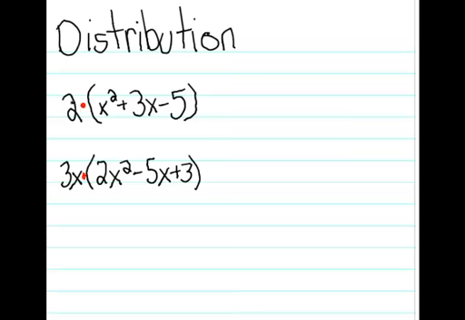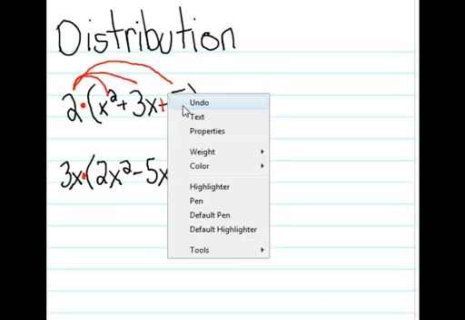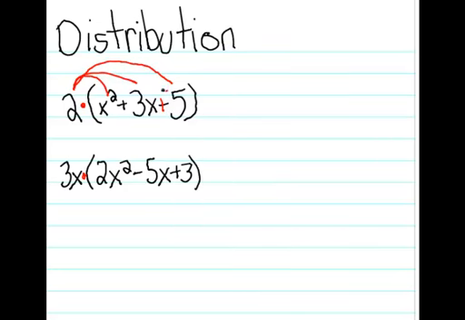So we are multiplying. Now, we're not just multiplying 2 and the x squared, we're multiplying 2 with the x squared, and 2 with the 3x, and 2 with the 5, although some of you might want to think of that as a negative 5 when you add the opposite. And same here, it'll be the same process in this example down below, except for the term that we're multiplying everything with inside has an x with it, so you'll see how that gets a different result. You have to remember some of your